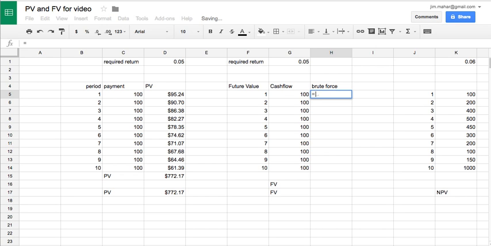And here what we're going to do is this $100 will grow, and it will grow for how many years? So it's going to grow at 1 plus this required rate of return. And then the trick question is, how long is it going to grow for? Let me try this again. It's going to grow, so we're multiplying the 100 times 1 plus the growth rate, the required return, and then raised to, and this is going to